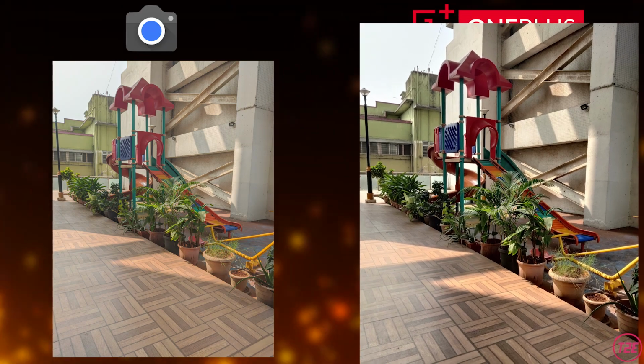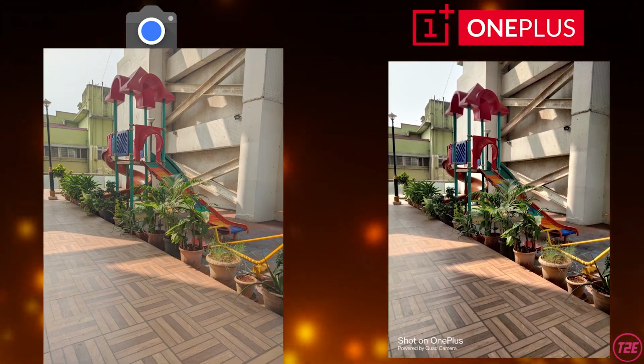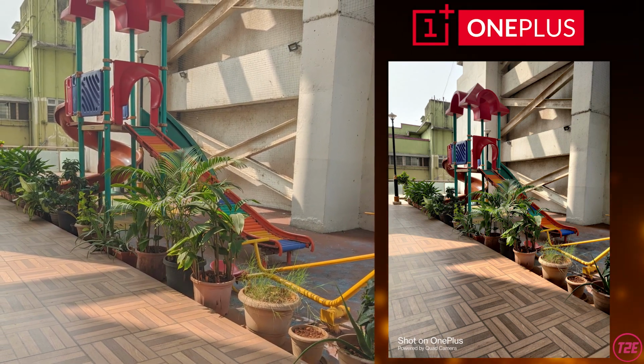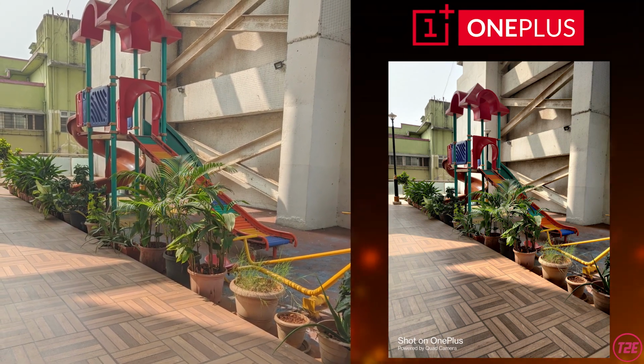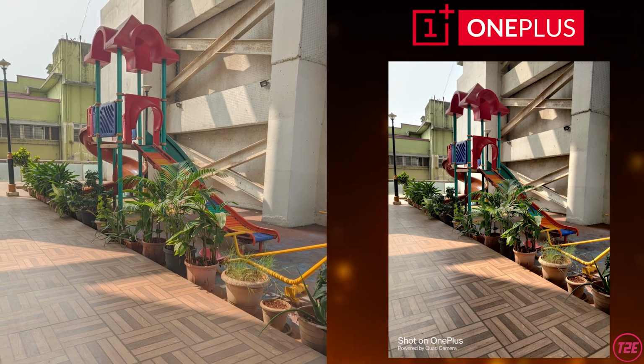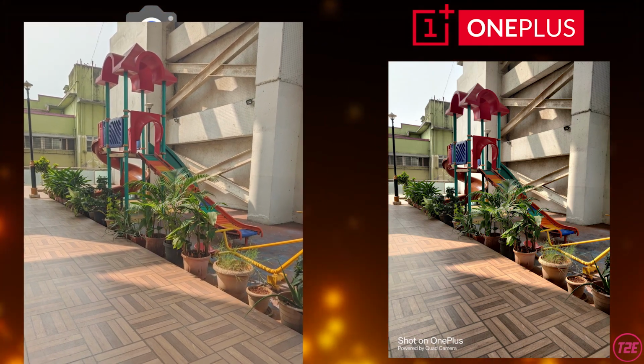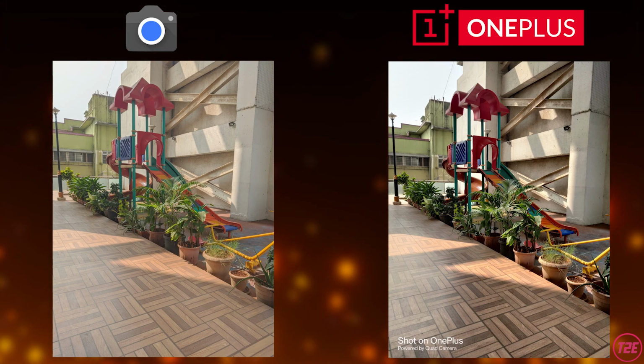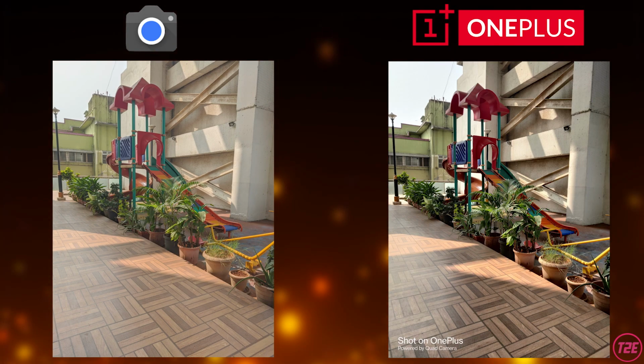Like the dark section is basically the shadows, whereas in the Gcam photo, if you zoom in near the plants, then you can see the Gcam is really very well exposed. All the plants look really well detailed, have a lot of details and saturation to them as well. So the photo with the Gcam looks more realistic, more natural in my opinion. So I like the photo with the Gcam again.